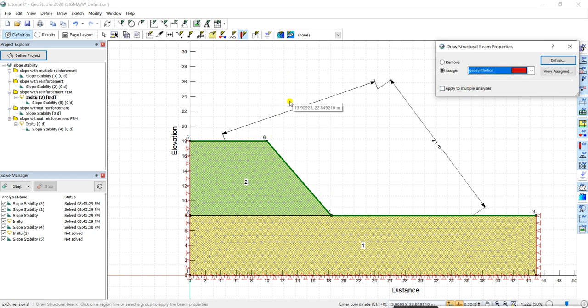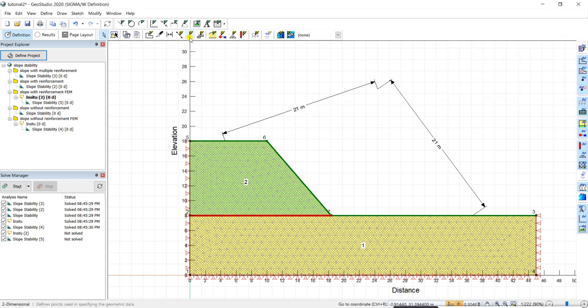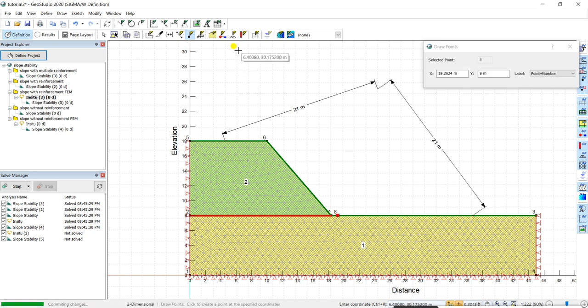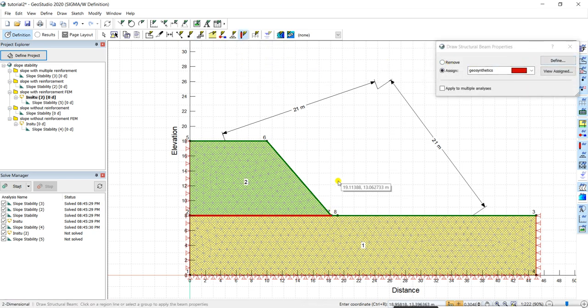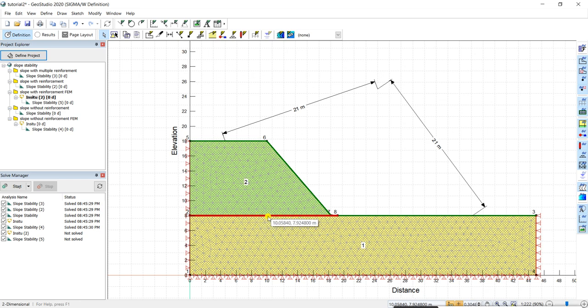For assigning it, you go here and it will automatically select the boundary layer, and you see this is assigned. One more thing you have to do is draw a point after this joint of embankment and foundation, so that the finite element mesh is redefined, and you can increase the length of your mesh in this part. This is important for analysis, otherwise it treats both the soils as connected. So now we have defined our reinforcement layer.